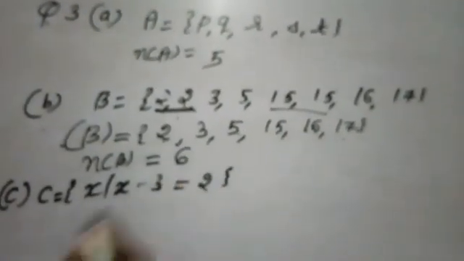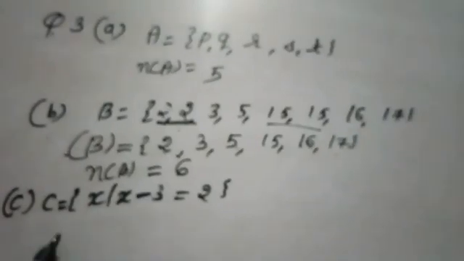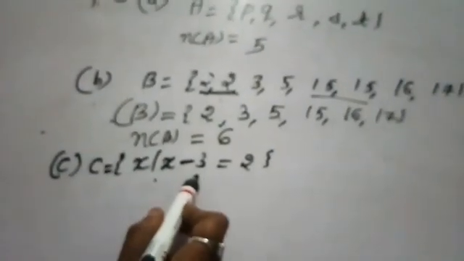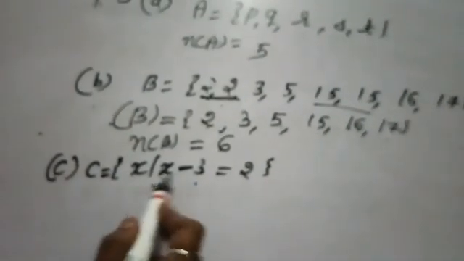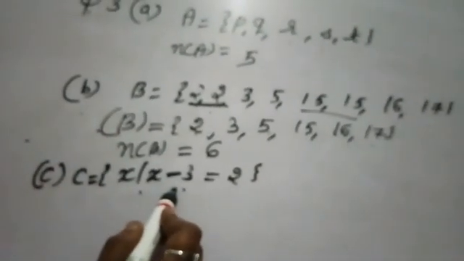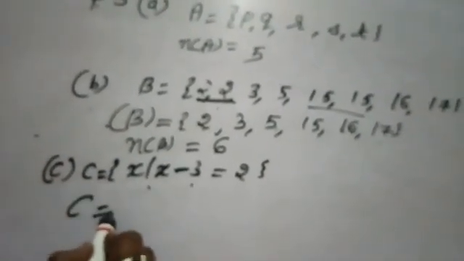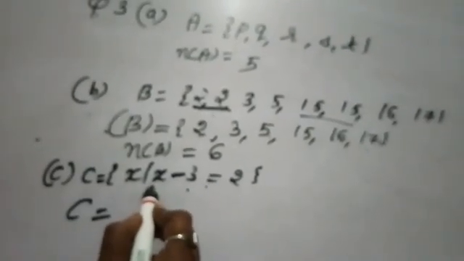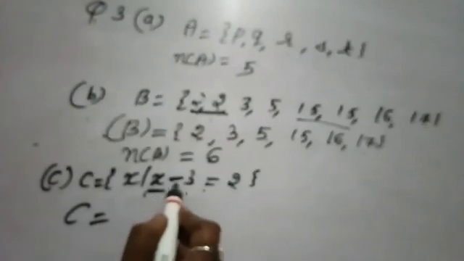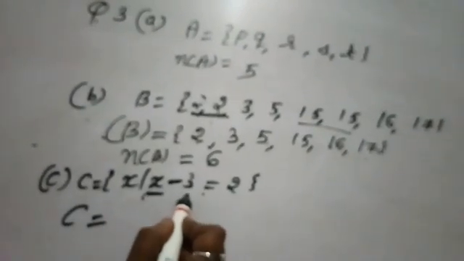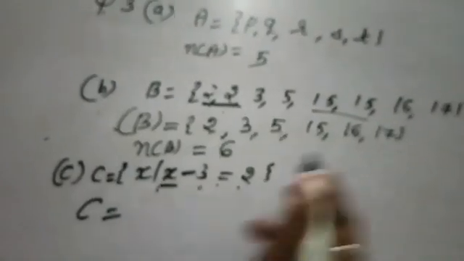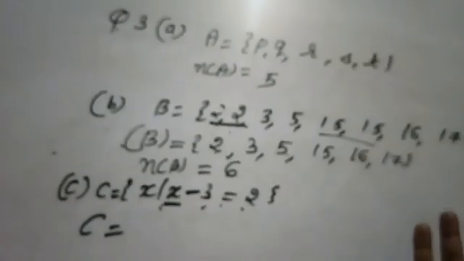Now our third part is there. This is the different part. It is in which form? It is given in the set builder form. So first we have to convert it into the roster form. So when we see the elements of this set, it means the value of x, by which number we subtract 3, then we will get the answer 2. So 1 minus 3, our answer is minus 2.